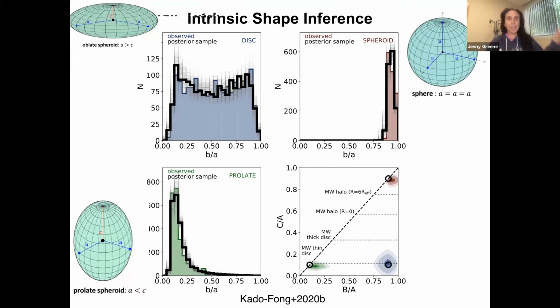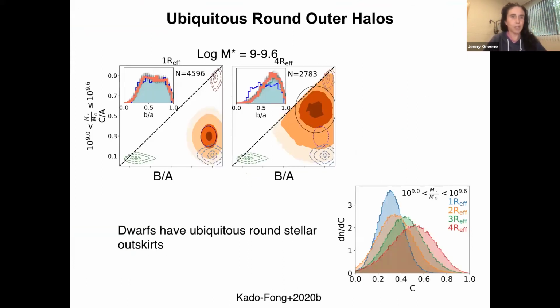Anyway, we can invert these projected observed B over A distributions to intrinsic axis ratio space. Okay, so we'll plot things in C over A versus B over A. Here is where a perfect disk would live, given errors in the observations. Here are the spheres, and here are the prolates. Okay, so the first result